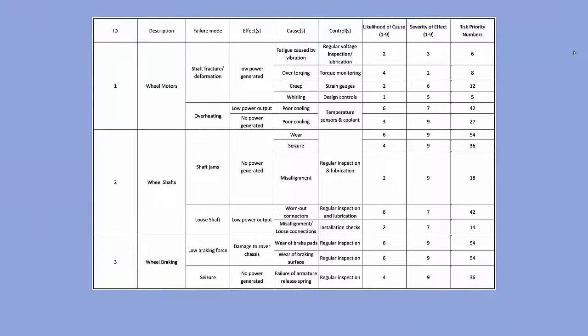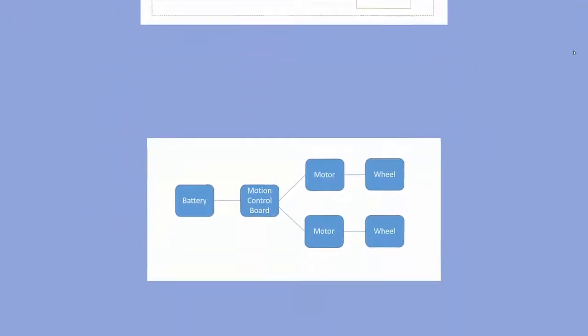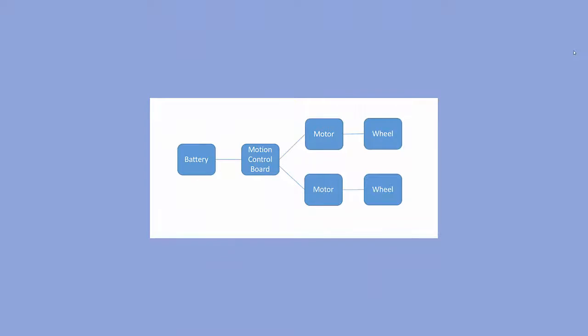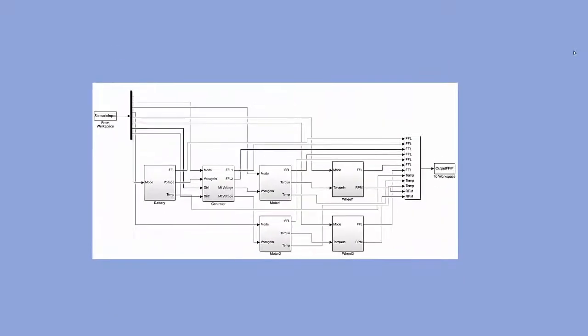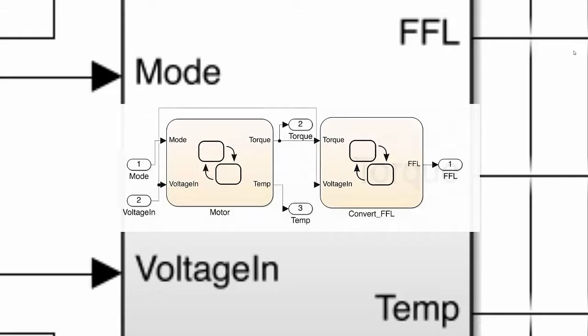We have an FMECA of component failures from other rover-like systems as a hazard database. For this system, we identified a few functions and 6 components: a battery, controller, motors, and wheels. The system can be simulated using qualitative descriptions of behavior in MATLAB Simulink. Specifically, we use Stateflow to describe discrete nominal and faulty behavior.